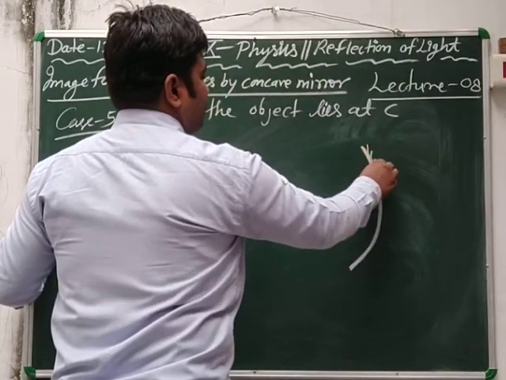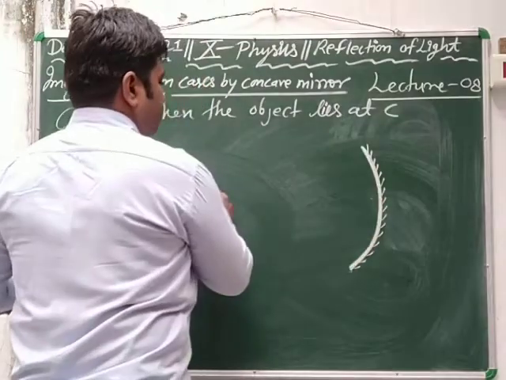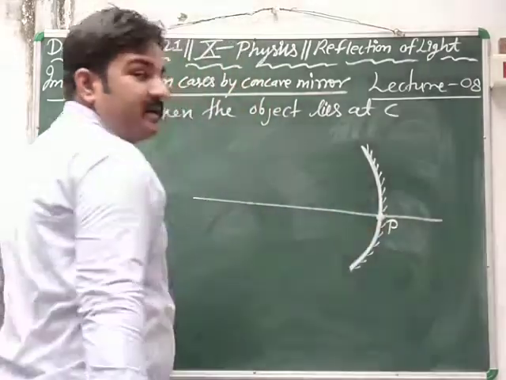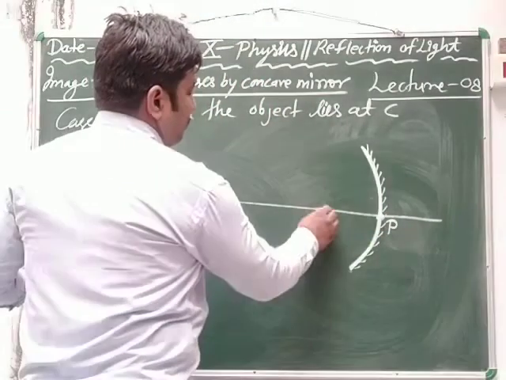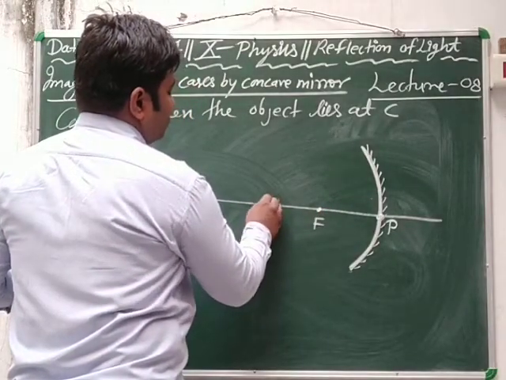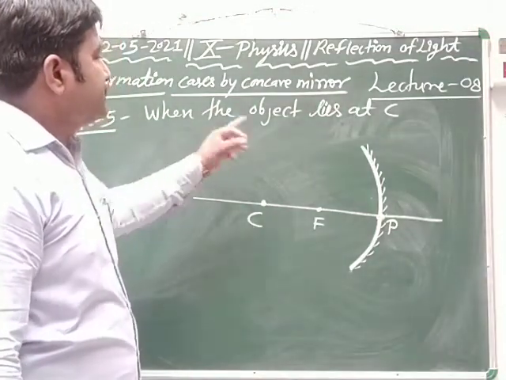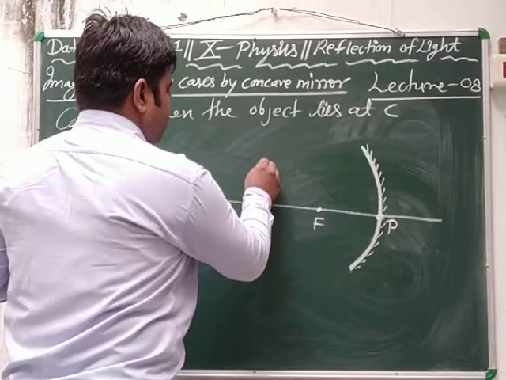This is the concave mirror. The principal axis, pole point P, and here this one is focus, and this one is center of curvature. And when the object lies at C, then see how the image formation takes place. This is the object AB,